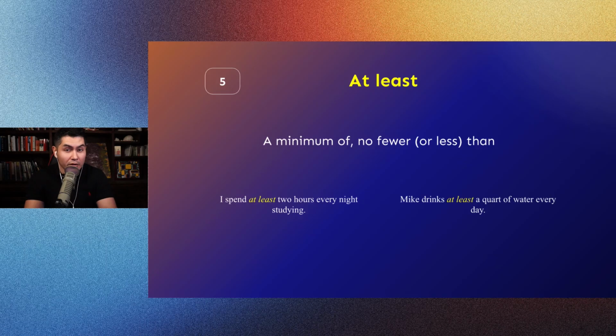If you can put more than 5 hours a week, that would be great, but at least 1 hour a day. And you can really improve your business English skills very quickly because it's at least 5 hours a week. So at least, at a minimum. If you don't have time, you can get at least 30 minutes. Definitely.